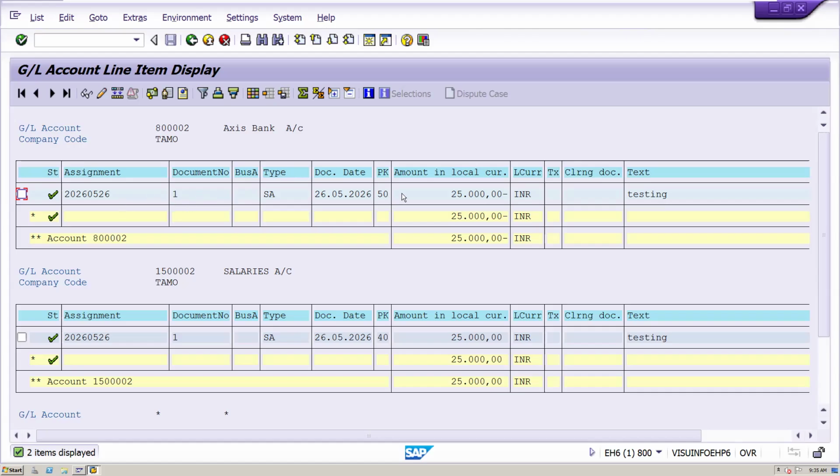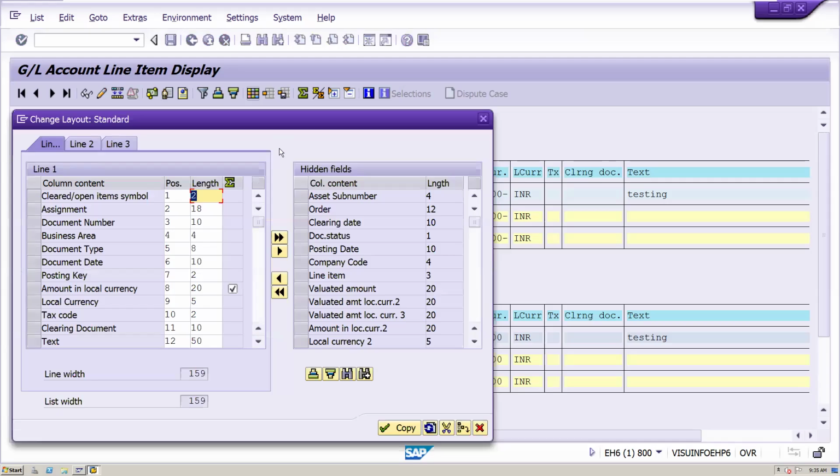This assignment, I have to check which assignment we will select at the time of bank GL creation, right? Document date, SA, document date, account number. So these are all the report. Here also we have an option: change layout, select layout, create layout. So select n number of fields. These are all the fields currently activated on the left side. So accordingly system will generate the report.